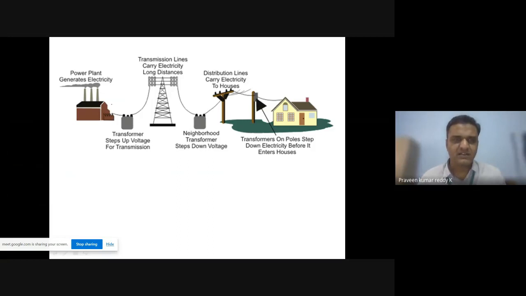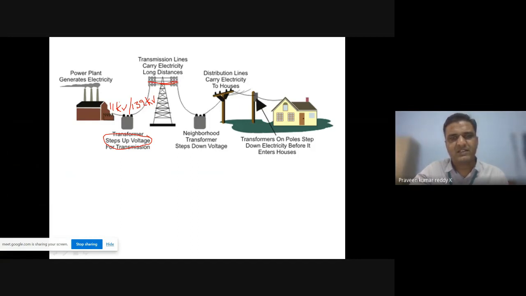Generally, the power station will be generating 11 kV, and we use a step up transformer here to step that up to approximately 132 kV. So one type of transformer is the step up transformer, and we step up to 132 kV and transmit through the overhead transmission